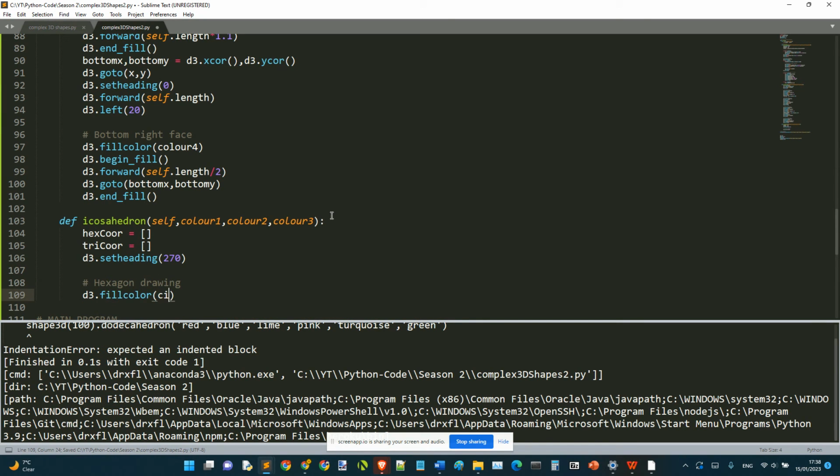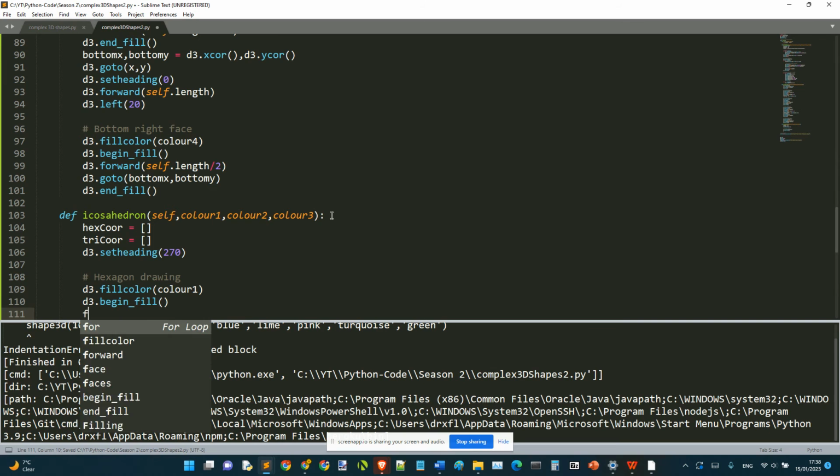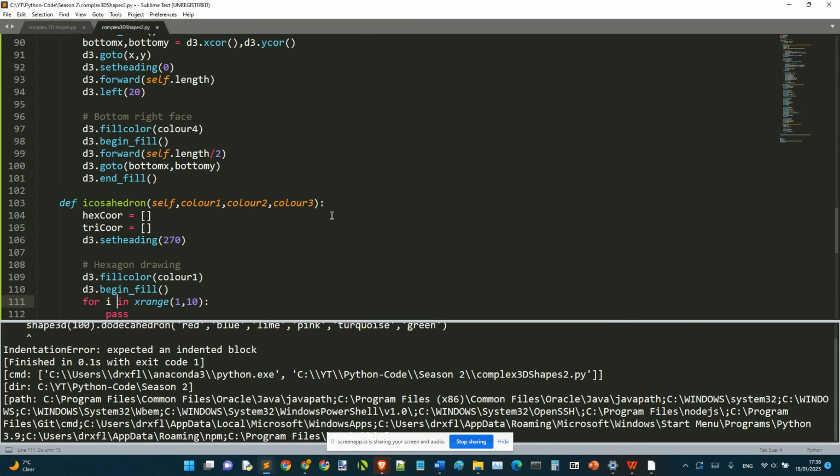D3.fillcolor 1, D3.begin_fill. So we go for i in range 6, D3.forward